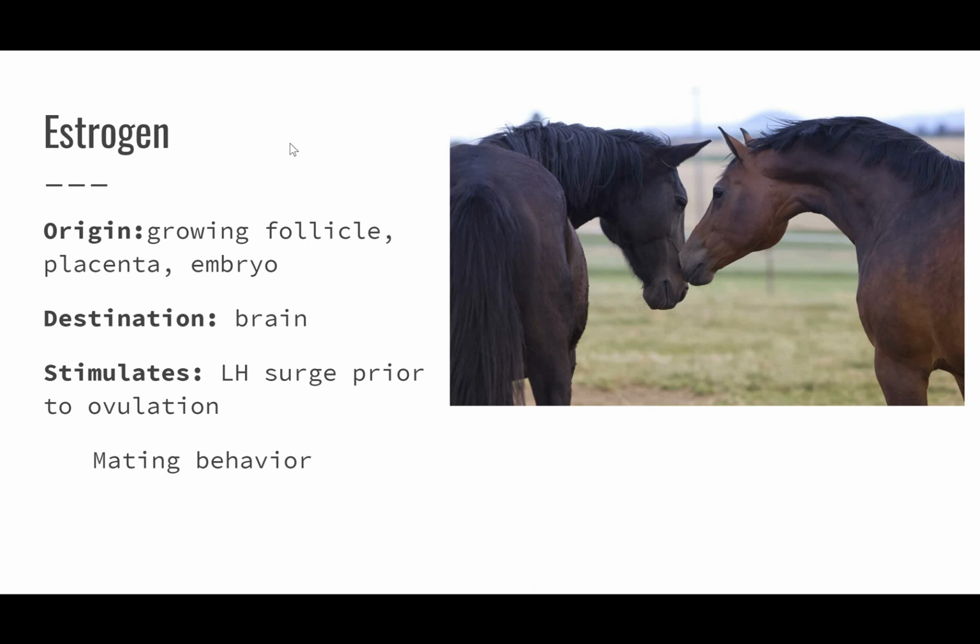Another one, probably the one that you always hear about, is estrogen. Estrogen is produced in a few different places in mares: from the growing follicle, as well as the placenta and the embryo. The growing follicle makes sense, because if the mare is growing a follicle that's going to eventually ovulate,